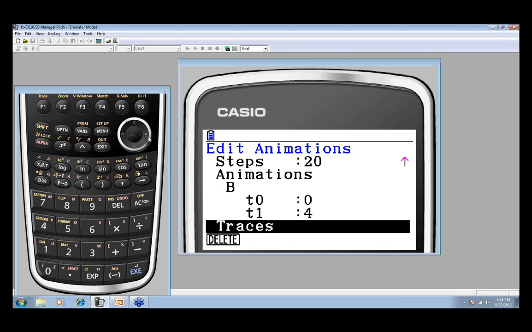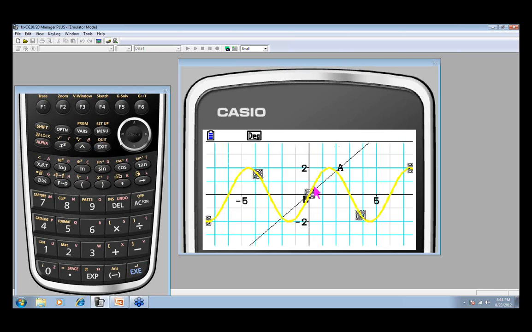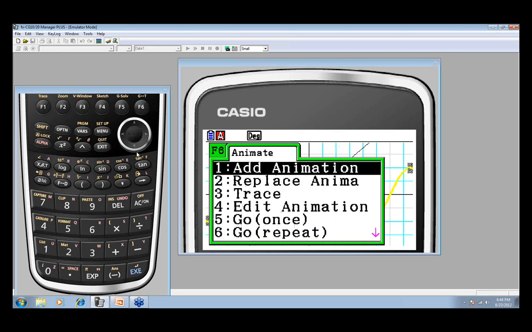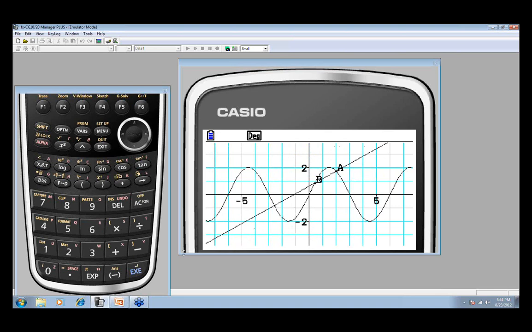All right, I'm going to now press F6. Let's see, let me press F6, and I want to go to 6 to repeat and see this animation. And now I can see the animation, and I basically did this so that we could see the secant line literally become the tangent line for the moment that the point B was on top of A. So when B, the horizontal distance closes in to where B is actually on A, it becomes a tangent line.